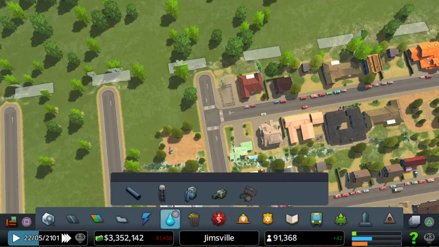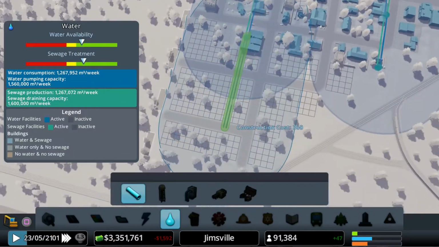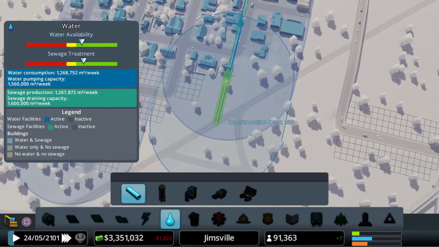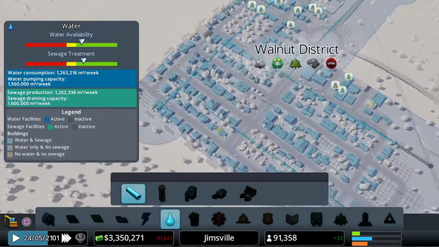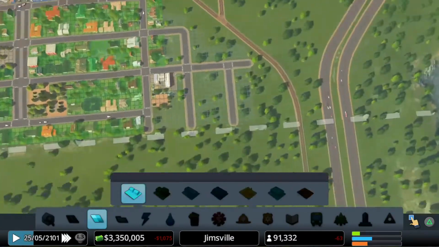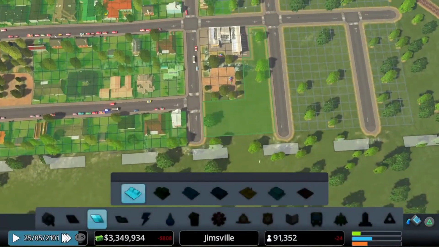So I'm going to have to put more plumbing down. Like that. Just stretch that one out just a little bit more to there. There we go. Now we're getting a demand for residential. That's good. Let's fill this area quickly.